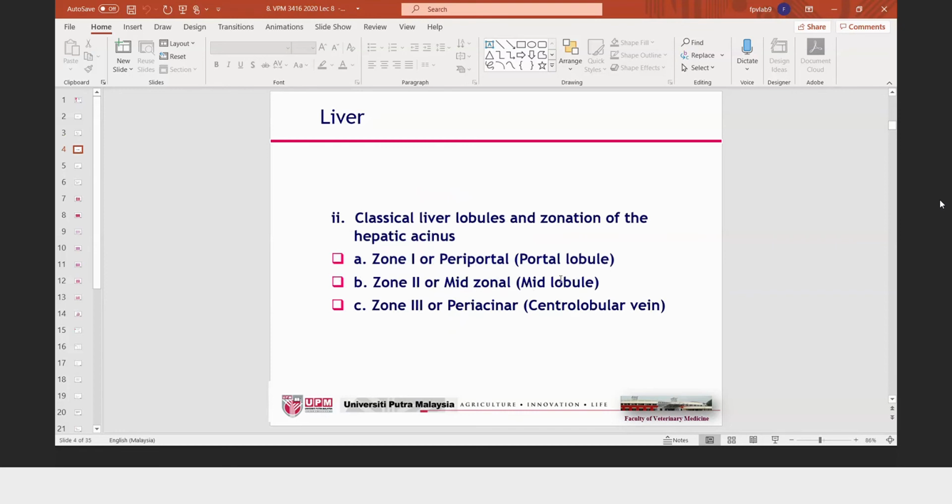Why did this classification change? Please remember, knowledge actually keeps on changing. We learn something based on research findings. People do research, they find something, then someone will accumulate all that knowledge and form a book. So what we have in the scientific books is an accumulation of information from individual research, but written by people who are specialists in those areas. They do a lot of research on those parts of the organs,